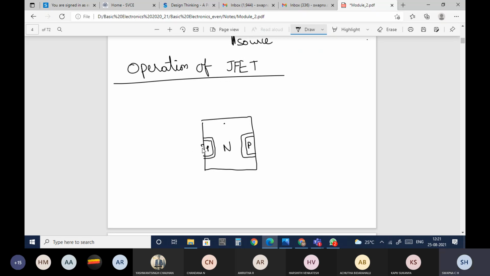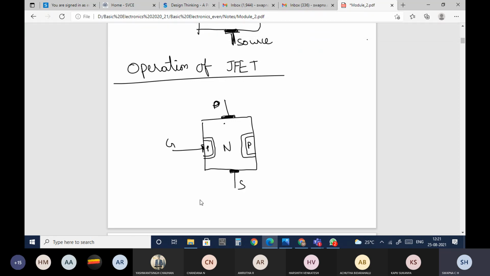Now here I have the gate, and here I have the drain. Drain generally we represent with D, and here I have the source. If it is like this, it will not be in the operation mode.